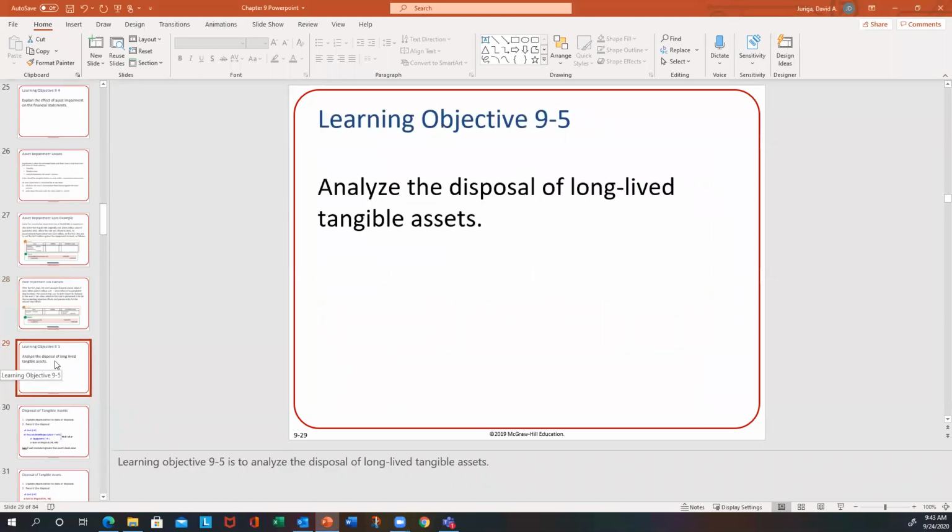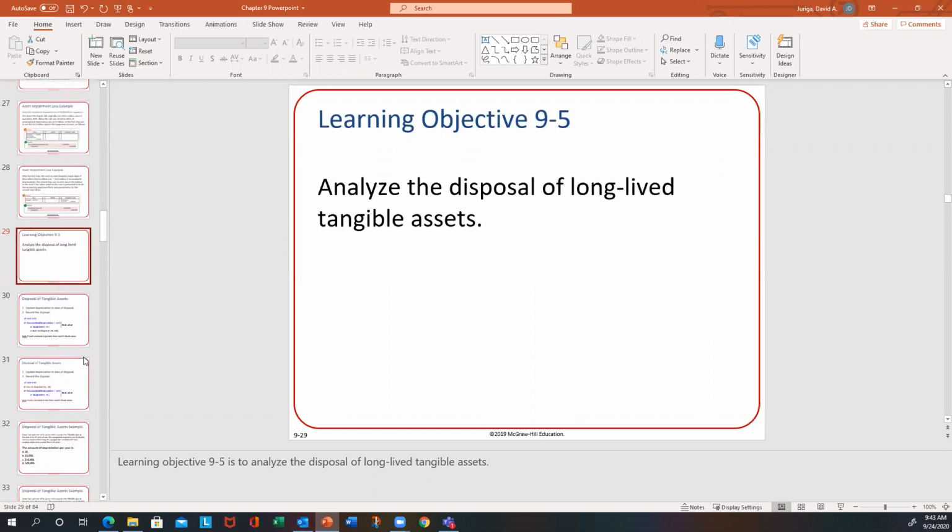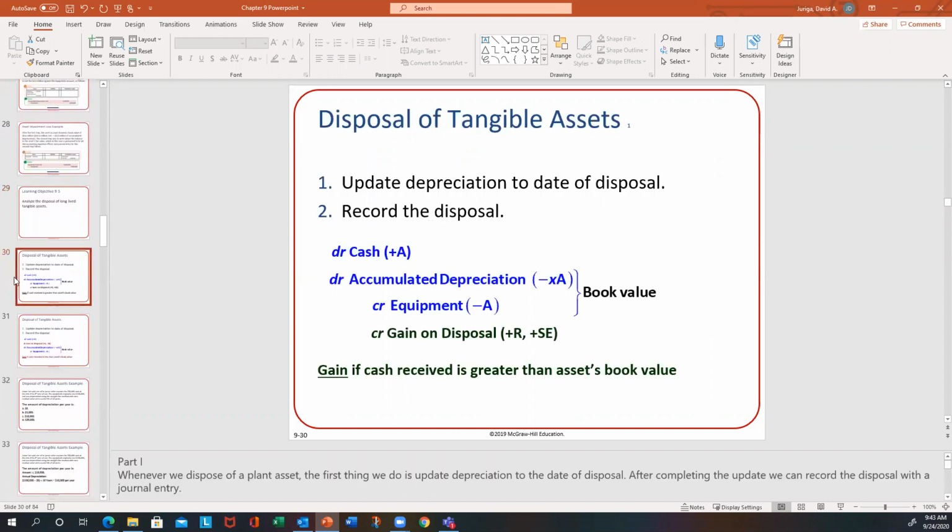All right, so once you've done that, in some cases you may need to do a disposal of these long-term assets. This is when you get rid of it. So again, when you do this disposal, you need to update all your depreciation. So basically update your book value and then actually record the disposal. So notice you have some entries here. In this case, if you're getting some money from it, you're scrapping the material, or you found a buyer, you might have cash. You'll be debiting accumulated depreciation, crediting equipment,